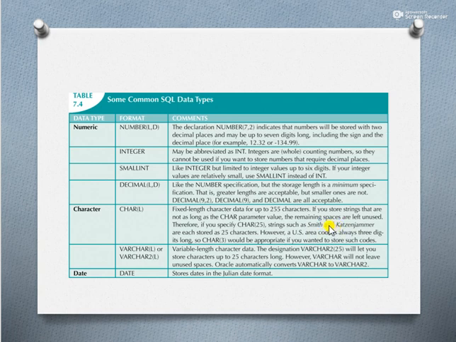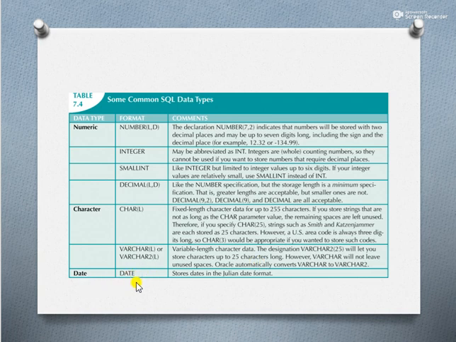So it will waste space if you want to store a small string in CHAR(L), because it's a fixed-length string. But VARCHAR(L) is variable-length character data, and if we declare VARCHAR(25), then you can store a maximum of 25 characters, but if the string is less than 25 characters long, then that space will remain unused, so you can save space.